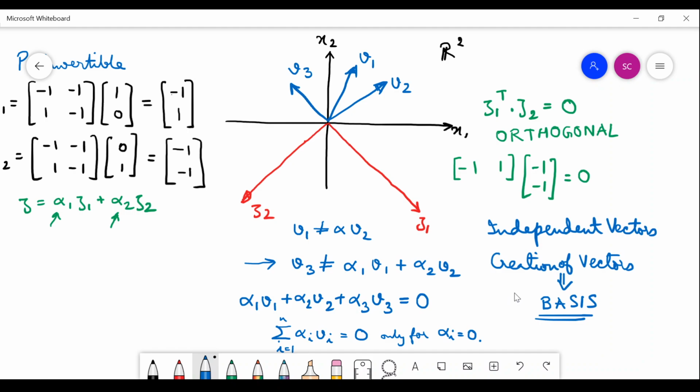One thing you would note is that the number of basis vectors defines the dimension of the vector space. If you are taking only two independent vectors and saying that they are a basis of a vector space, then that vector space is of course two-dimensional. If you are taking three independent vectors and saying that they form the basis of a vector space, then they are of course forming a three-dimensional vector space. That is the idea of basis and dimension of the vector space.